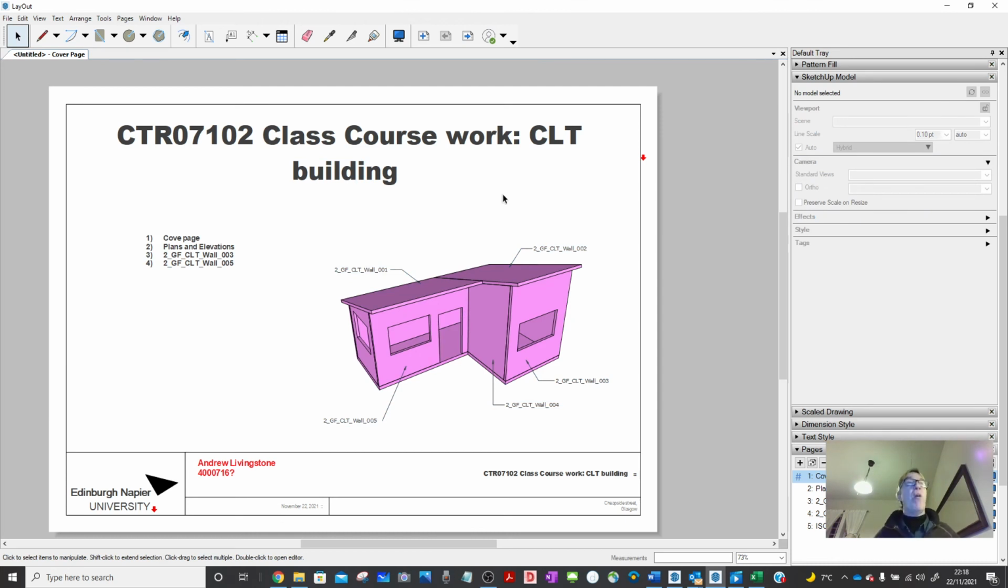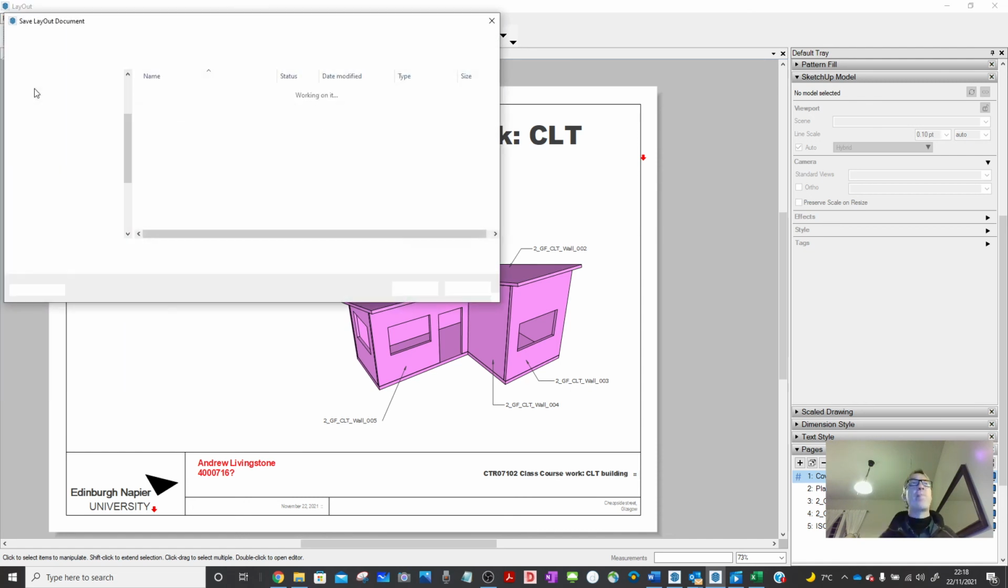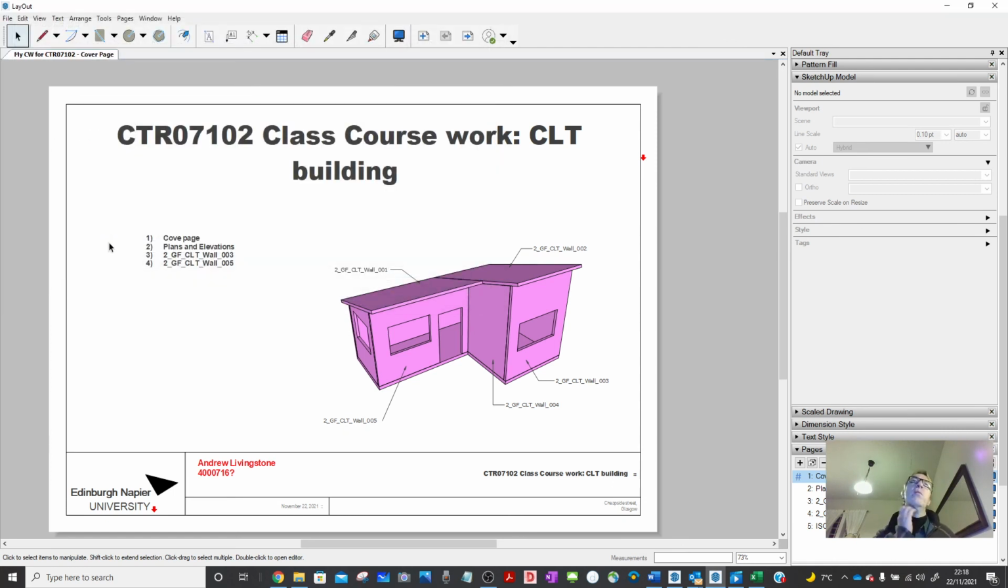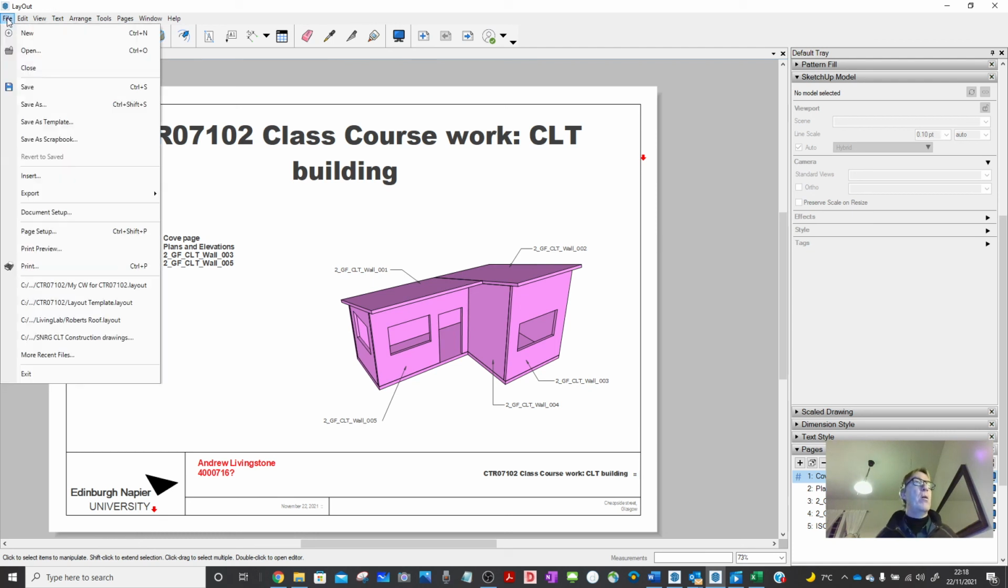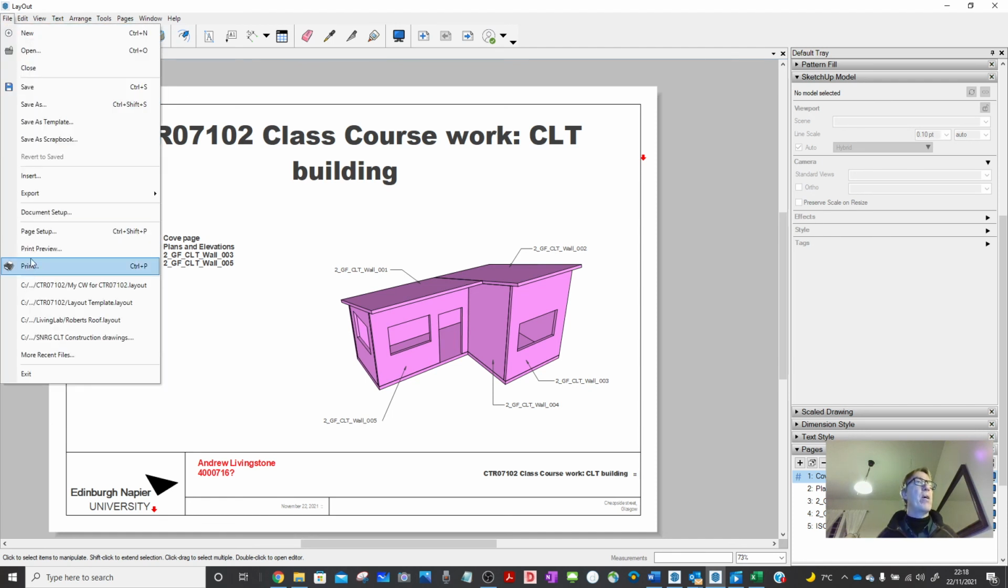Assuming this is all finished off, you can save your file. We'll have this as my coursework for CTR 07102. And now you would create that into a PDF. So you would go File, Export, PDF,